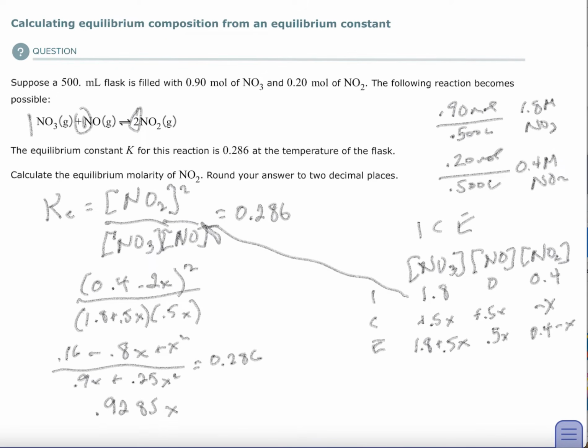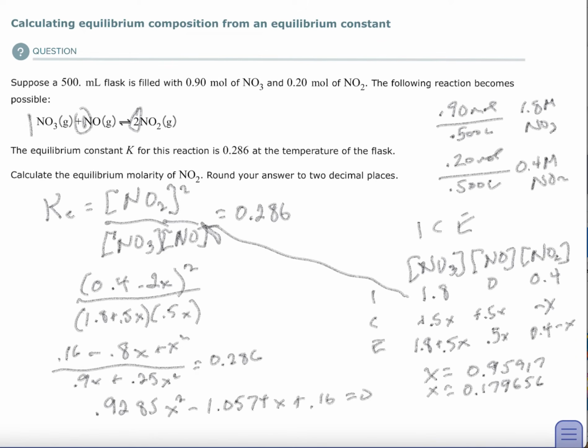0.9285x squared minus 1.0574x plus 0.16 equals 0. And you're going to do the quadratic formula. Or you can do like me and just use a calculator on the internet. You can find a quadratic calculator. It saves you 15 minutes of doing it. I can do quadratics, you just have to do it. In any case, when you do that, you're going to get 2 answers. The 2 answers I got were x equals 0.95917 or x equals